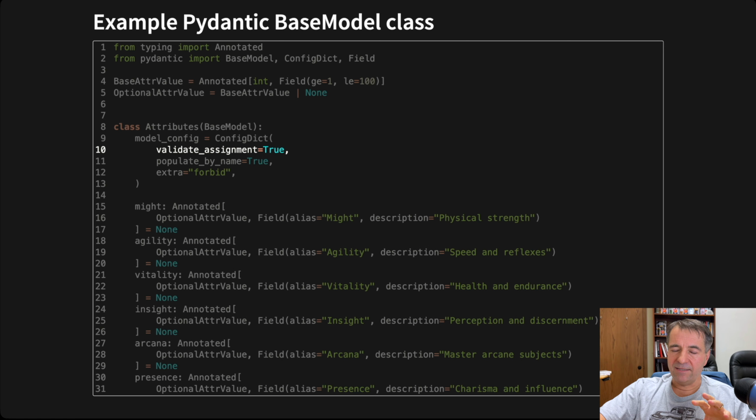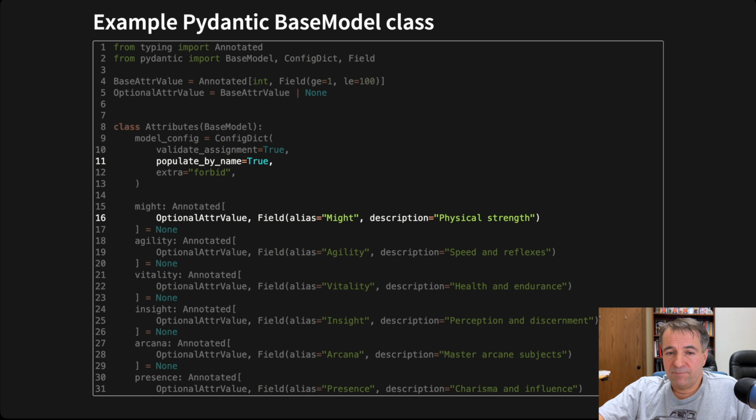And Pydantic's validations all pass over to Rust. So it's incredibly fast, especially if you're doing incredibly high volumes of data. This is not Python code, it's Rust code that does the validation. Populate by name means that you can use the actual name of the attribute, in this case would be might with a lowercase or vitality with a lowercase, or you can use the alias to populate.